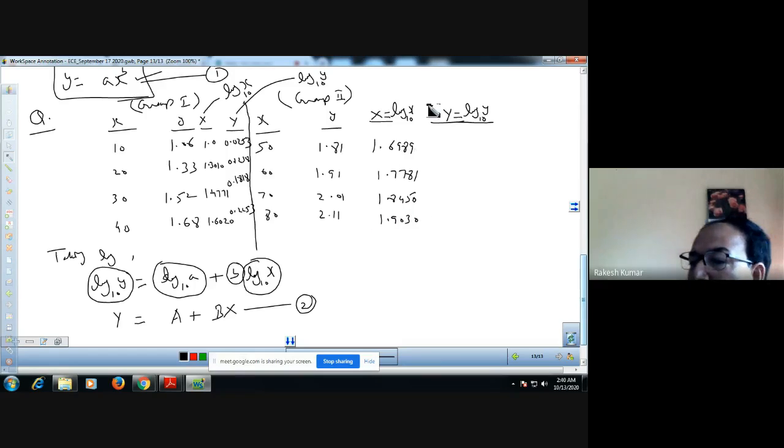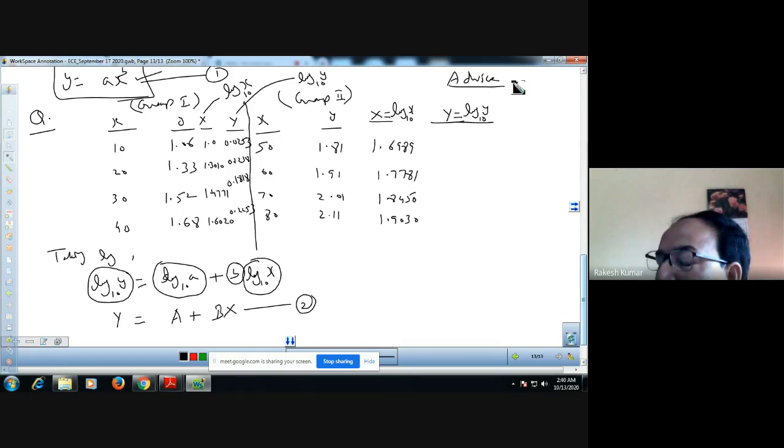1.9030. One more advice to you, this is the advice for the students, that you must carry the logarithmic table in the final exams with you. Don't depend on the examiners or the invigilators that they will provide you. If they are providing you, then it's okay, but you should have your own arrangement. So I advise that you carry the logarithmic table with you, logarithmic and anti-logarithmic table, because we also need anti-log.